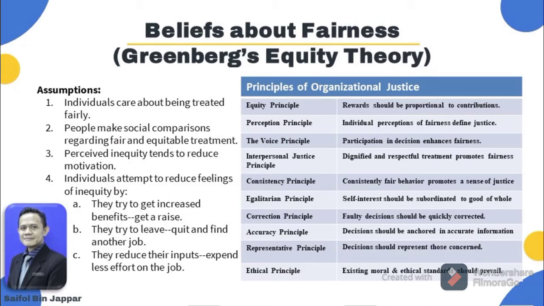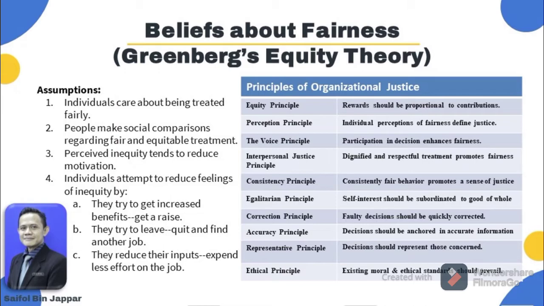I will be presenting two theories about beliefs. The first is beliefs about fairness, Greenberg's equity theory, and organization. The basic unfairness in the workplace is what some theories, Greenberg 1993, Taylor 1994, Folger 2005, bring us to yet another perspective on motivation called equity theory, which focuses on perceived fairness, individual beliefs about whether they are being treated fairly or not. Equity theory suggests that the key mechanism for such a decision is comparison.